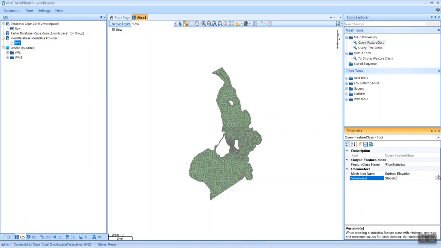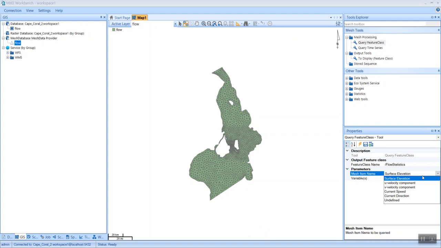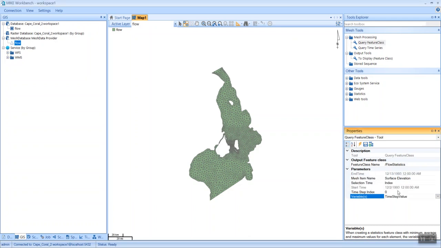And then I have to define which item I want to extract. So here I will play with surface elevation. And here, as I mentioned, I will use statistics and I will not retrieve an individual time step. If we were to use this tool, just for your information, you need to define what is the time step you want to extract. So we go to statistics, which is the most useful tool here.